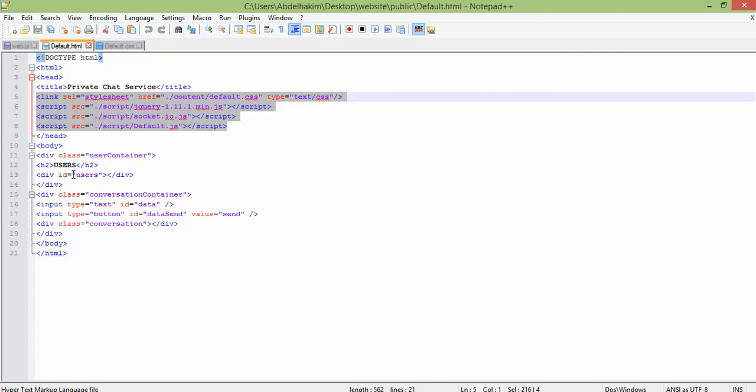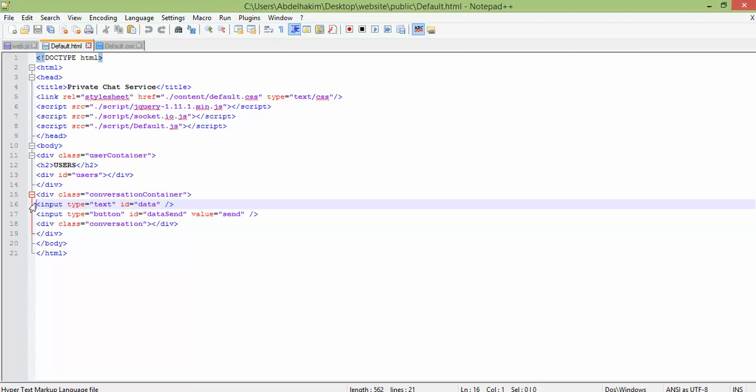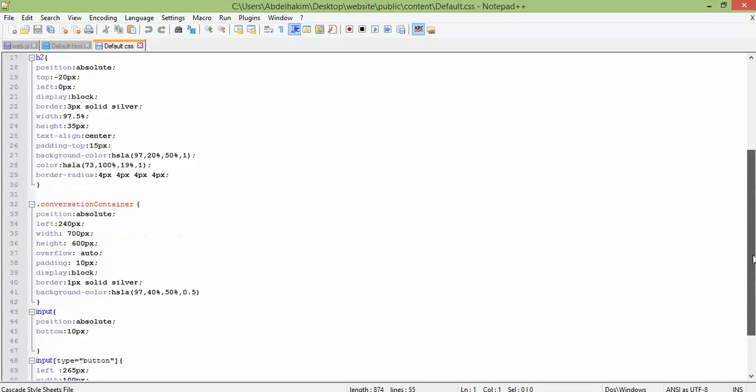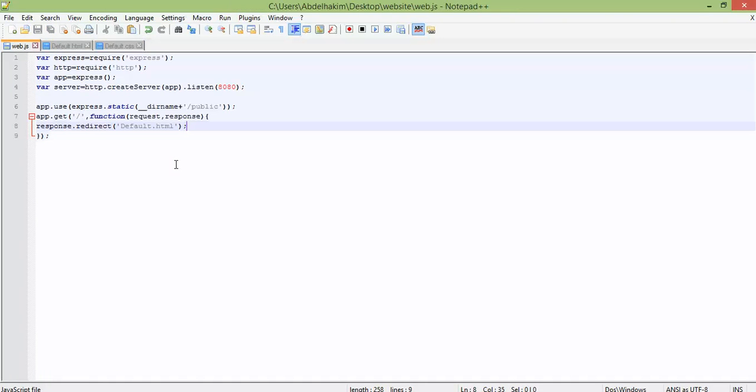In the body element, we have a div element for the user list, and a div element for the conversation that contains text box, button, and a div element to write send in display conversation. The default.css file contains same style rules for your default web page. So now we need to run our application to check if the app.use and the app.get method had defined route correctly. For that, let's open the command prompt